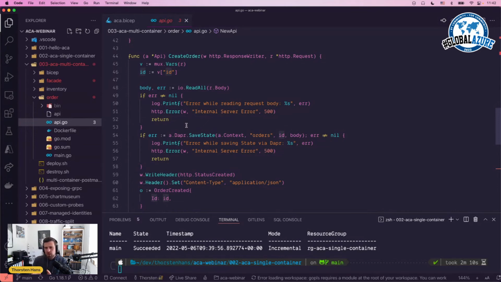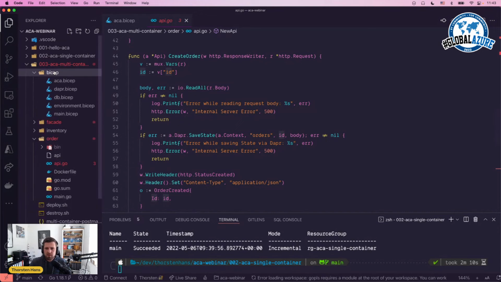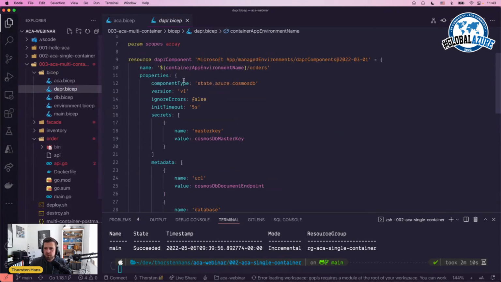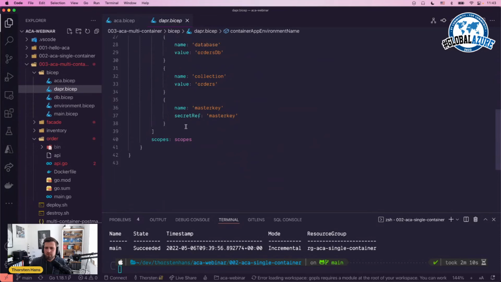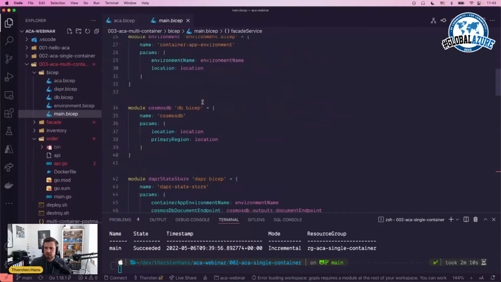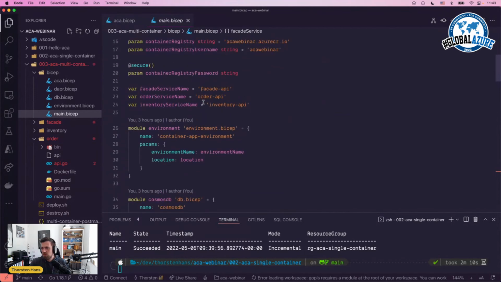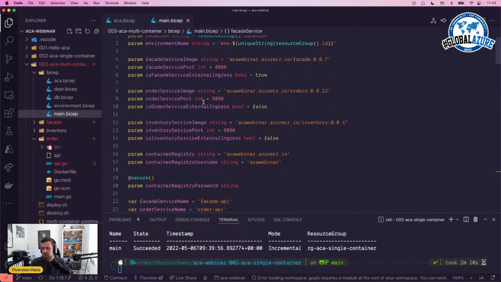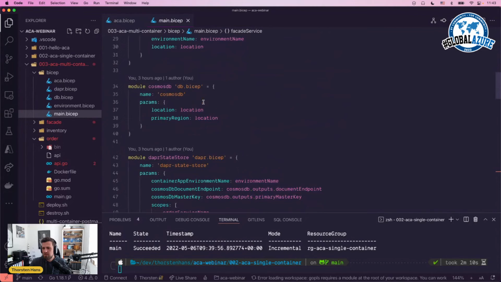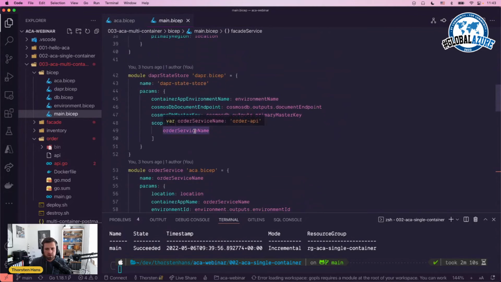So in ACA, we just deploy our 3 containers, right? So there is the order, the facade, and the inventory. And the interesting thing is we specify the state component. We make it visible to a scope. And the scope is, in our case, where is it? Let me quickly find it. It's the order service. And for all the container apps,